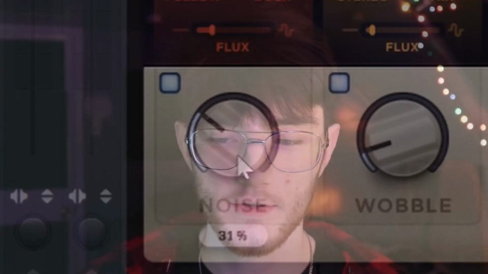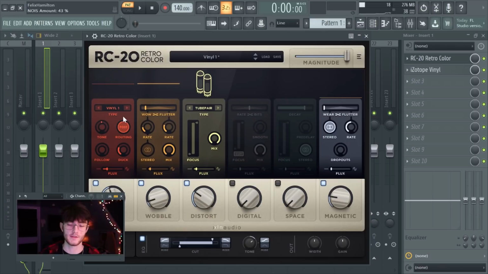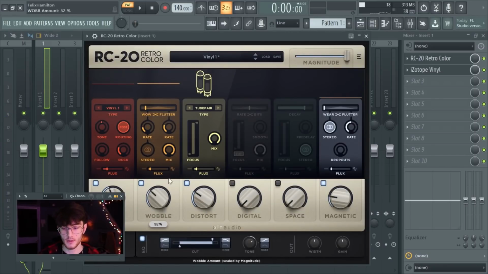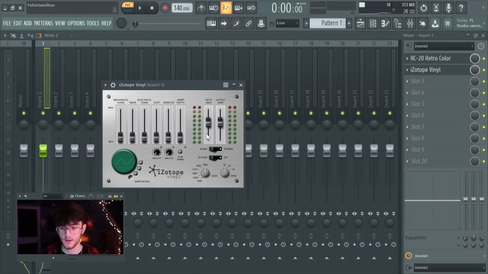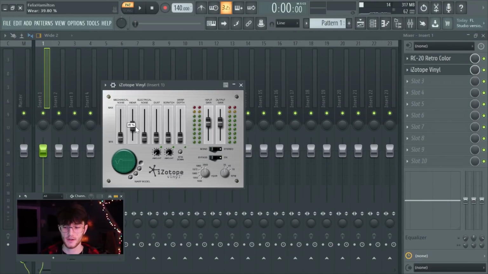So in RC20 there's this little noise knob and this thing where you can select what type of vinyl noise or tape noise or whatever you want to add. In Izotope Vinyl you can do the exact same thing here. You can turn up the mechanical noise and you can turn up the electrical noise. And then in RC20 you have this wobble knob here. In Izotope Vinyl it's this warp depth thing, and you can also change the shape of the warp that you want. And then also there's this distort knob in RC20 which you can replicate by turning up this wear knob,